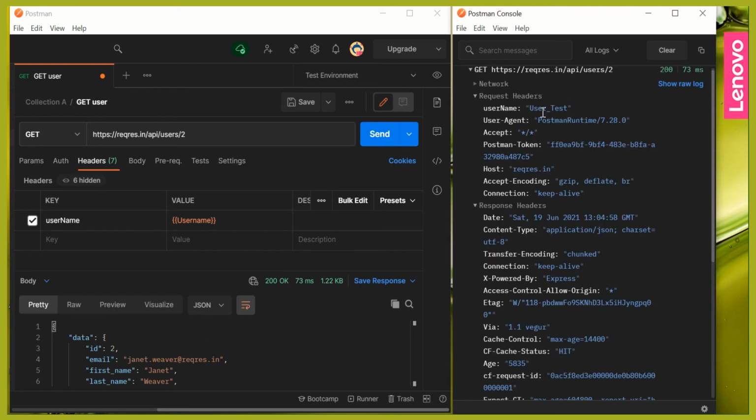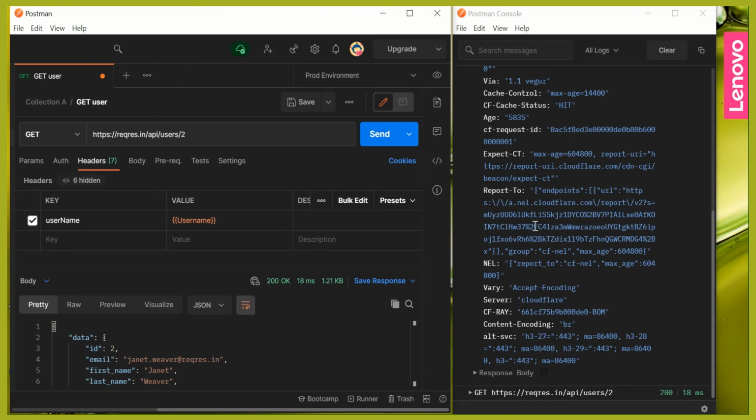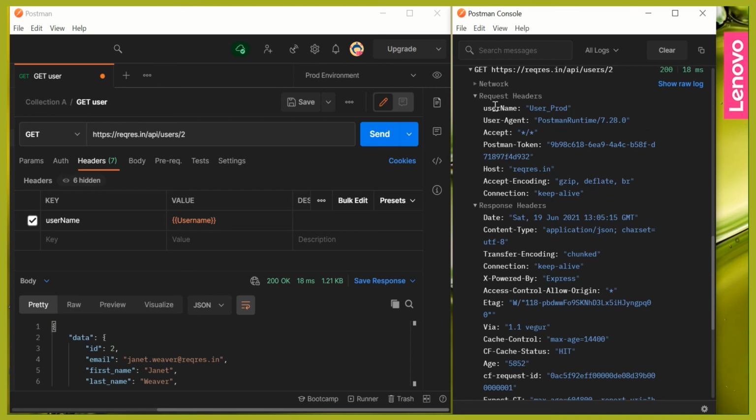So you can see now the username which is sent in the outgoing request is user underscore test, because we have selected test environment. Similarly, if I change it to prod environment, and if I click on again the send button, so let me open the second request. So you can see now the username has been changed to user prod.